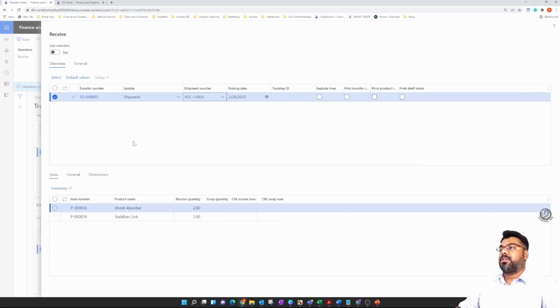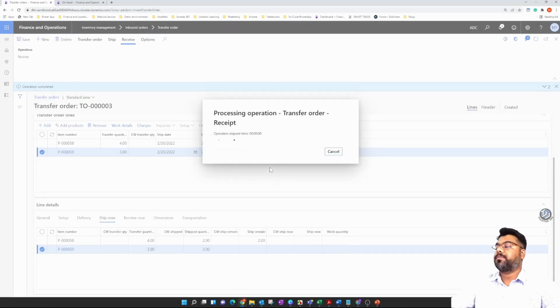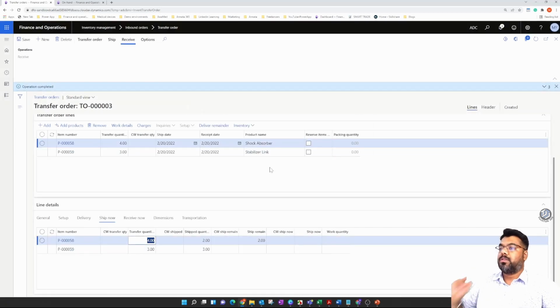So choose the shipment, and here it will clearly indicate the quantities that are due to be received, 2 and 3 respectively in our case. So go ahead and receive it. Okay, so now you have successfully received the quantity,